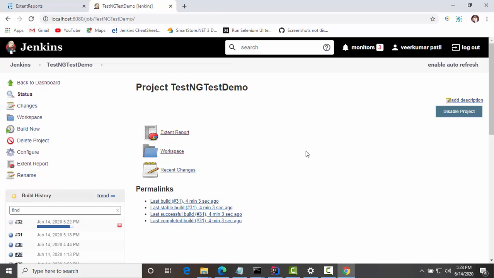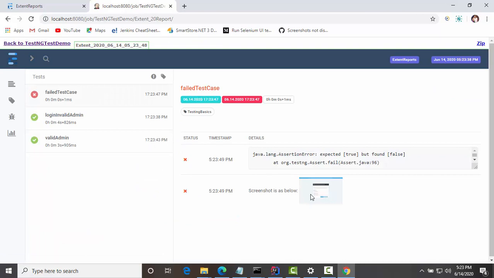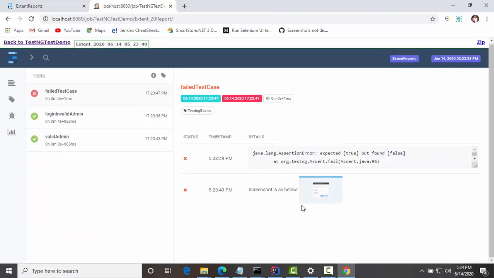The execution has now been completed. Let's wait for the report to be published. Now let's try to open the report. Now you can see the image is available.